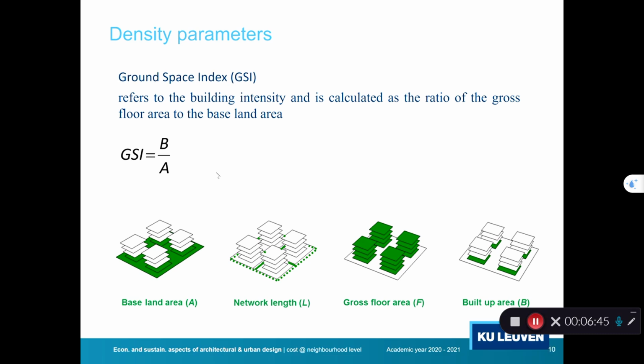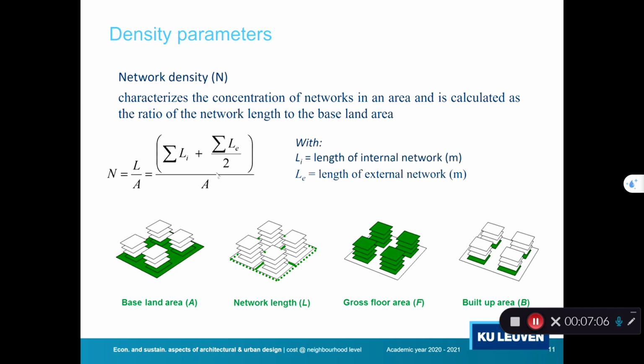A second density parameter found in literature is the ground space index. Now we only look at the physical footprint of our buildings, so the ground floor footprint, and we divide it by the baseland area. So if we would only have one floor, it means that the previous indicator, namely the,